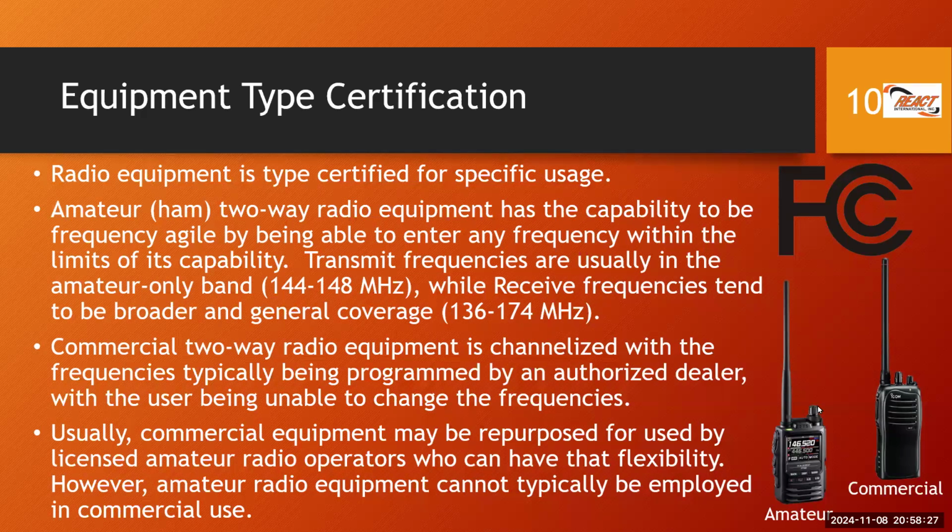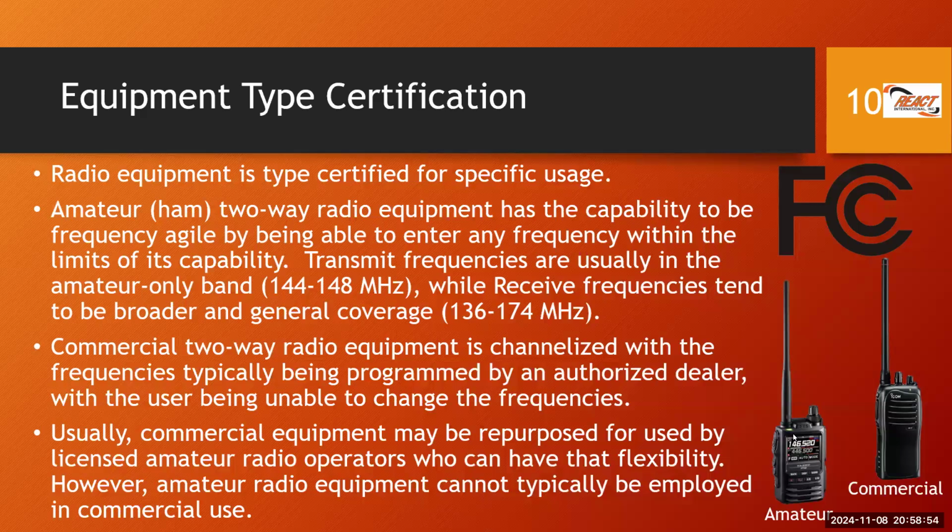So you're frequency agile, you can even use a knob here and go up in frequency and go down in frequency. That is not the case with commercial equipment. So anytime you see a radio you can do that with, there's a better than good chance that it's an amateur class transceiver. Once you can front panel program it out of the box, it's probably an amateur transceiver. Again, the Chinese market blurs these distinctions. So that's where it could be problematic.